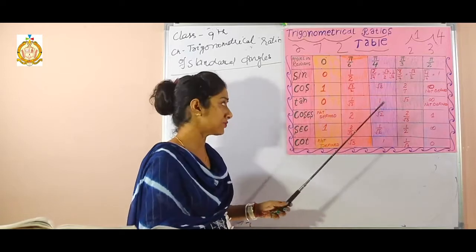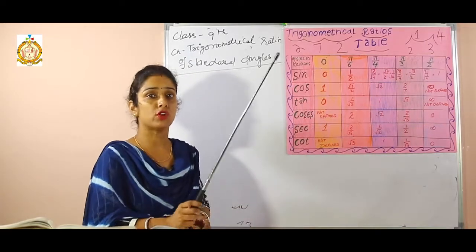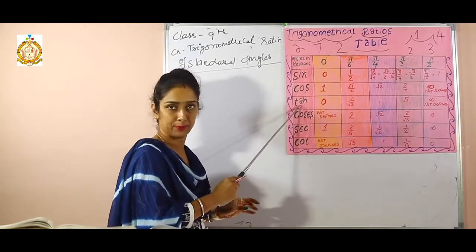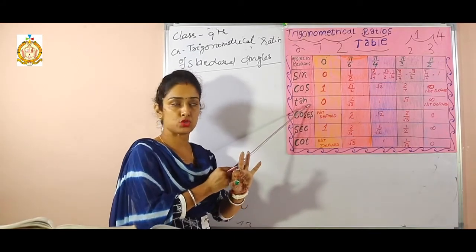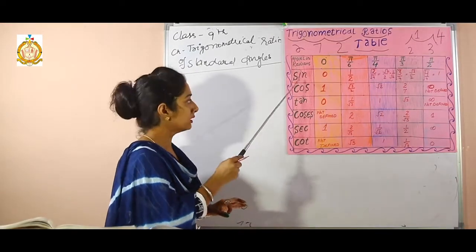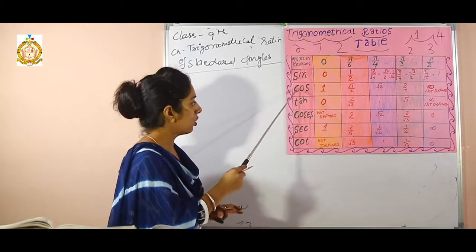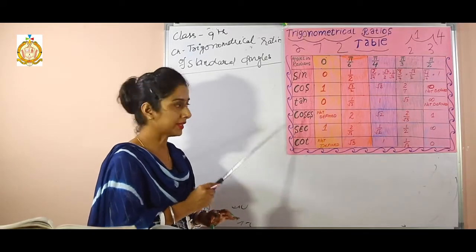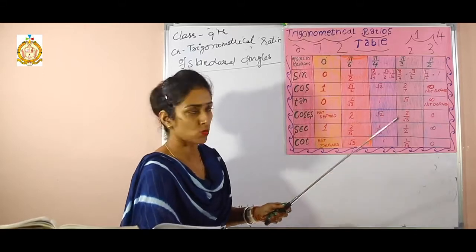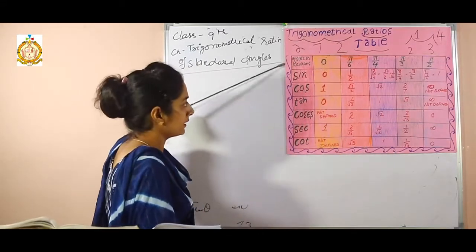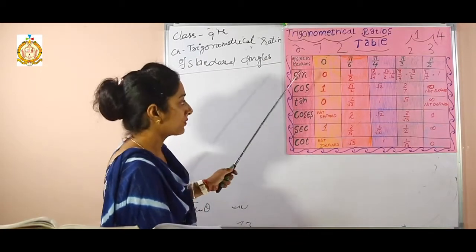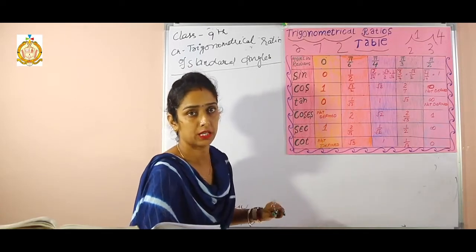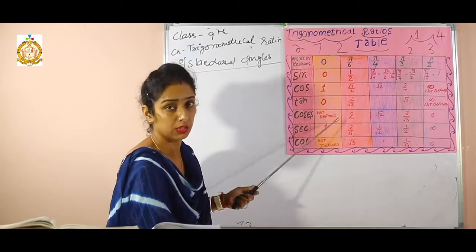Now how do we create this table? First of all students, you take sine theta, cos, tan, right? Three ratio values: sine, cos, tan. Now the opposite of sine is cosecant, the opposite of cos is secant and the opposite of tan is cot, right? Now the first step is what? You have to write the angle, and on this side you have to write the ratios. Now some students learn it by heart, but there may be confusion at the time of exam. So you have to know how they are made.